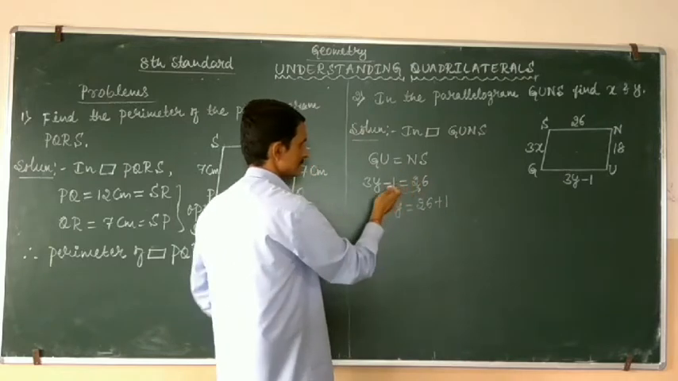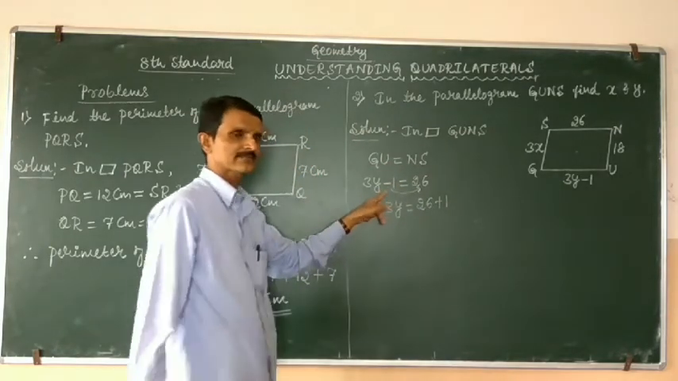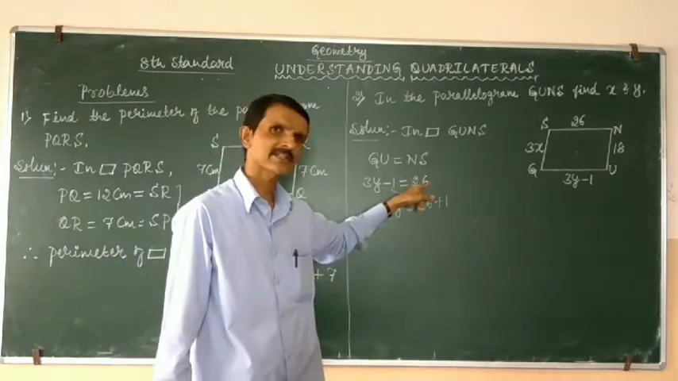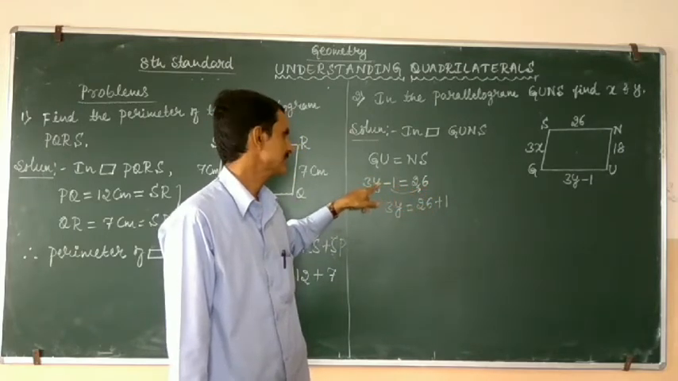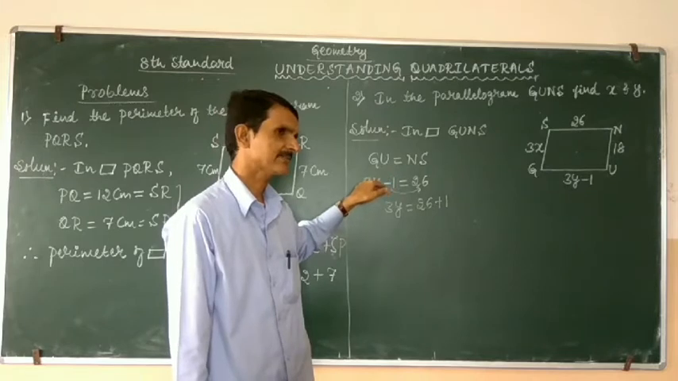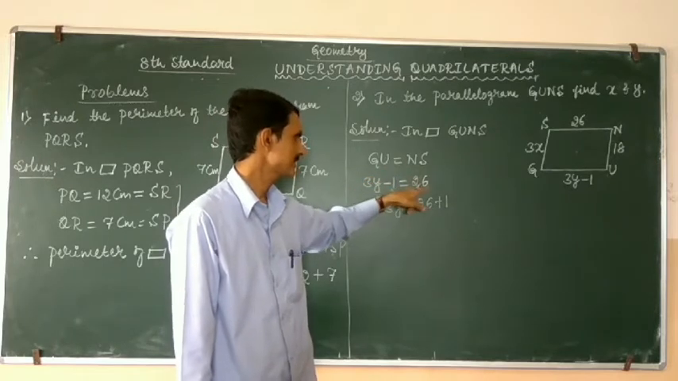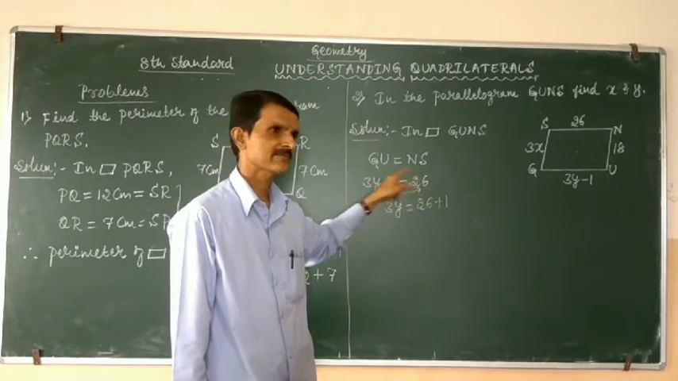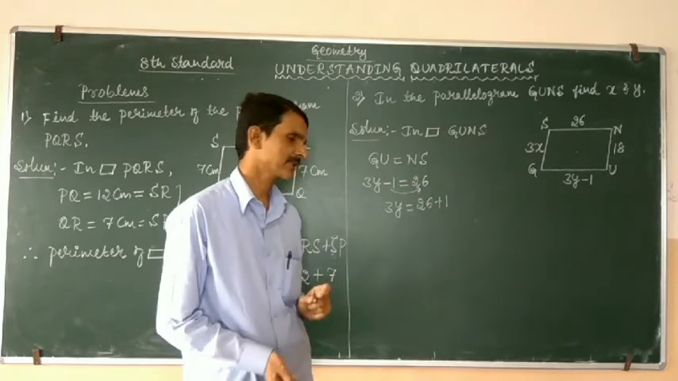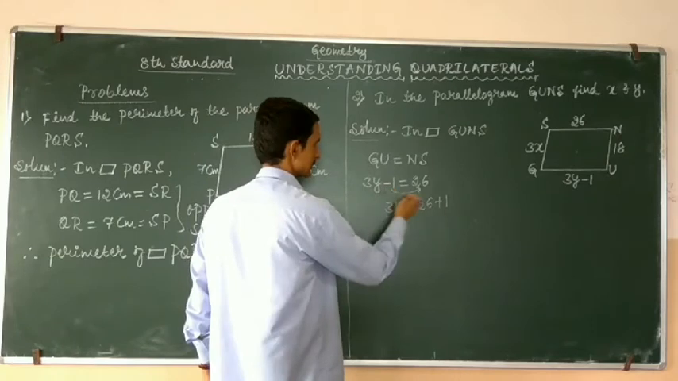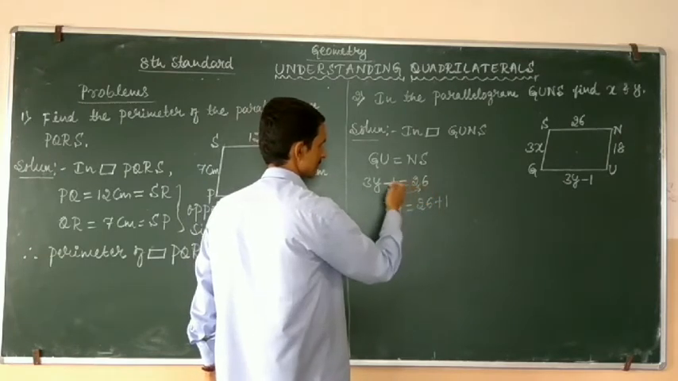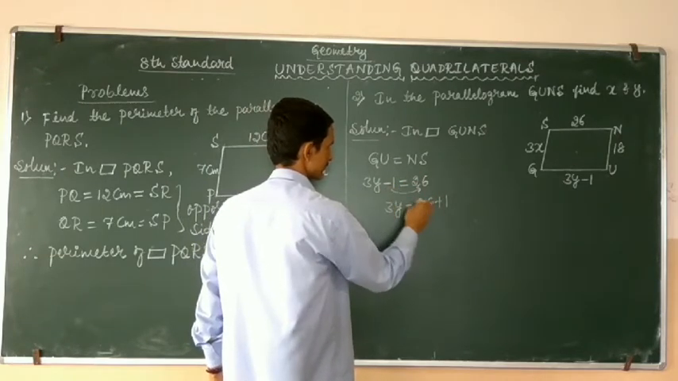Whenever you transfer a number from the left side to the right side, or from the right side to the left side, the sign changes. If it has a minus, it should be converted to plus. If it has a plus sign, it should be converted to minus. So here it is minus 1; transfer it and it converts to plus. 26 plus 1,